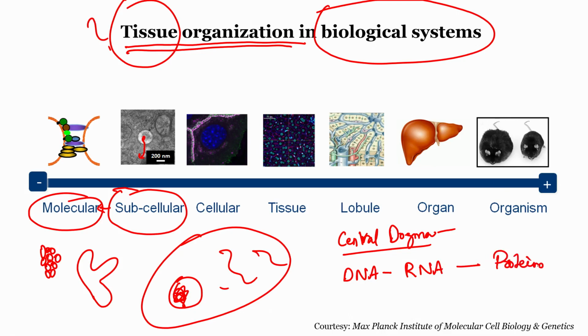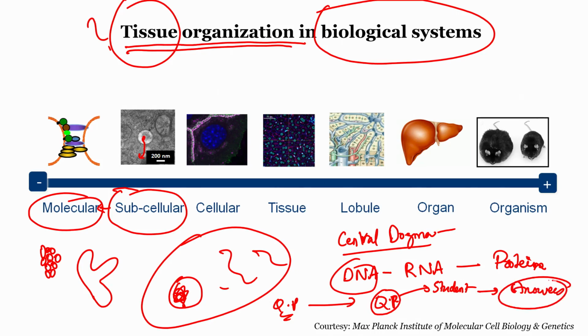It is just like you having one master copy of your question paper, and then you make Xerox copies of the question paper, and these Xerox copies are distributed to students, and the students who know the correct answer to the questions write the correct answers. These correct answers are the proteins. Each question paper given to the student is RNA, and the original question paper is the DNA.